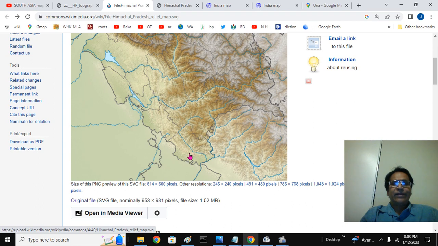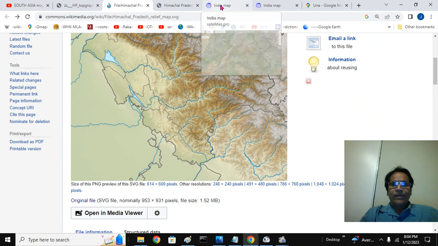This is the Yamuna Basin: Giri river, Pabbar river, Tons river, Yamuna river, Paonta Sahib. Somewhere here will be Khatni Kund and Tajewala and Yamuna Nagar, Buria, and so on. So the river Sutlej, dammed at Bhakra Dam, Nangal Dam, descends into the Punjab plains. This is Rupnagar, and we will have Ludhiana city somewhere here. This is Jalandhar city, and it gathers a tributary, Beas, at a place called Harike Pattan, and the river continues its journey.